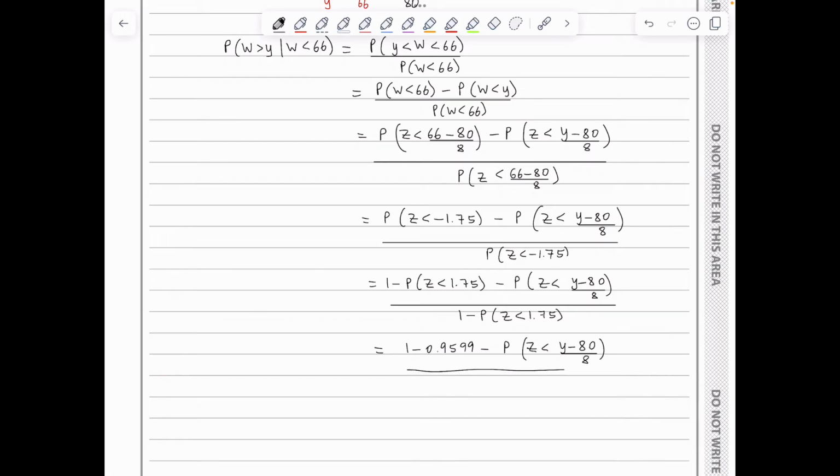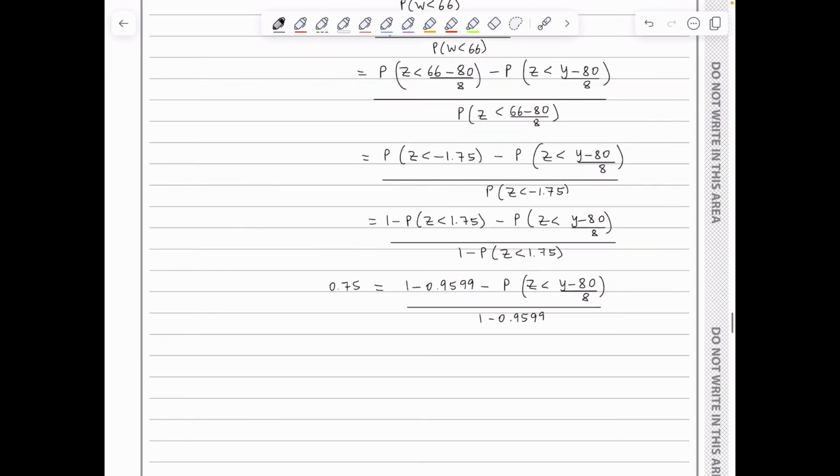the 0.9599 to be the right hand side, and we know that this probability is 0.75. So if I cross multiply, I get 0.030075 is equal to 0.0401 minus the probability of z less than (y minus 80) over 8. I will collect the probability of z on the left hand side. So we've got probability of z less than (y minus 80) over 8 is equal to